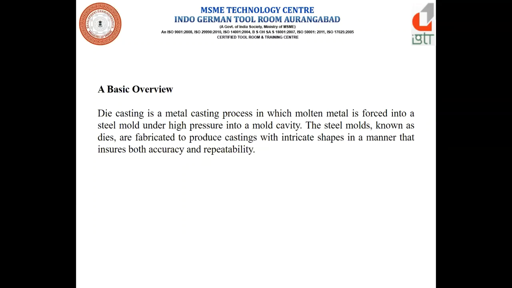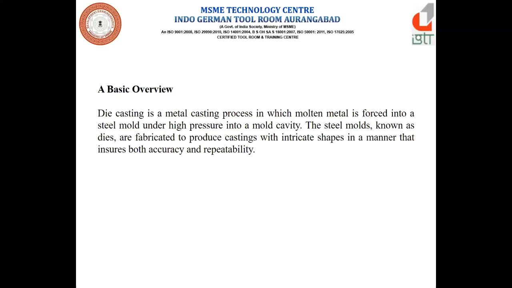If we go by history, the die casting process came into existence in the middle of the 19th century. Basically this process was used for the manufacture of machinery parts of the printing industry. In early days, die casting machinery could only produce a low pressure injection system, and due to the improvement in the strength and heat resistance of the material, we are able to use high pressure, high temperature materials also, like aluminum and magnesium.